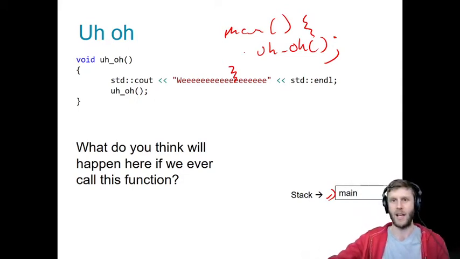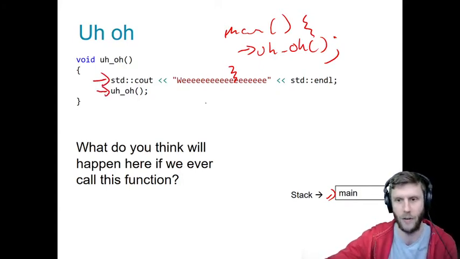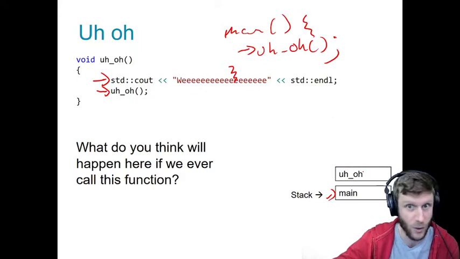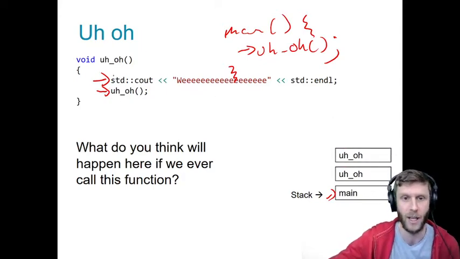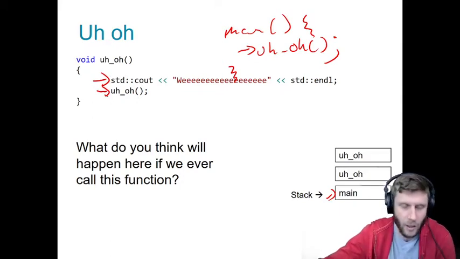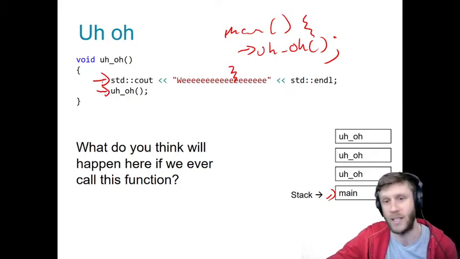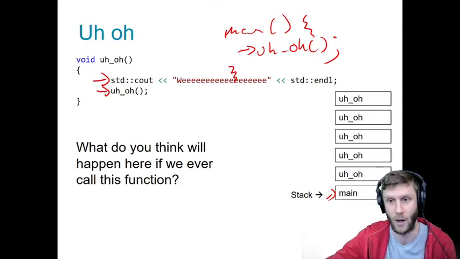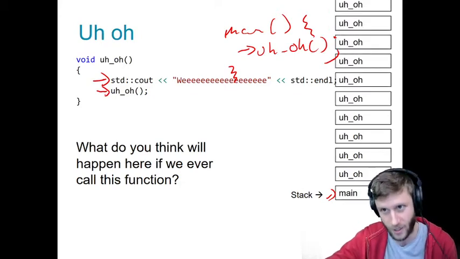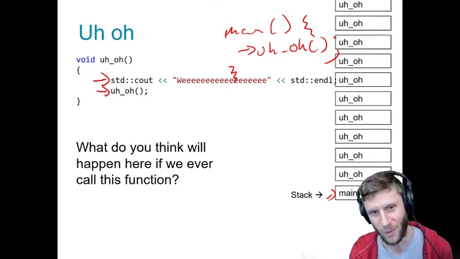So let's think about this. Again, there's no magic here. Nothing weird is happening. You're thinking too hard. What does this say? Call the function uh-oh. We're here. What do I do? Print out we. Then call the function uh-oh, so create a new call frame for uh-oh and go to the function uh-oh. What do I do? Print out we, and then call uh-oh. Create a call frame, push it on the stack, go inside that function, print out we, now call uh-oh. Create a frame on the stack, and so on, and so on. Do we see a problem with what I have done?